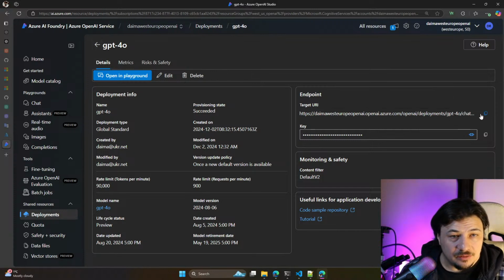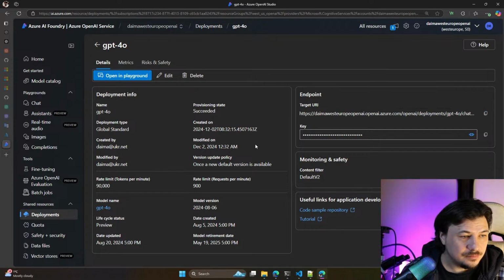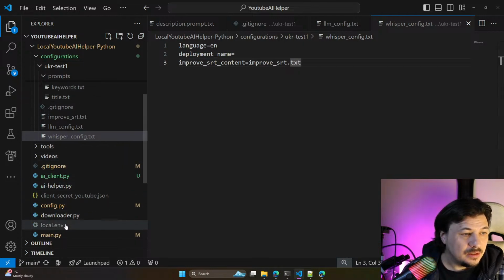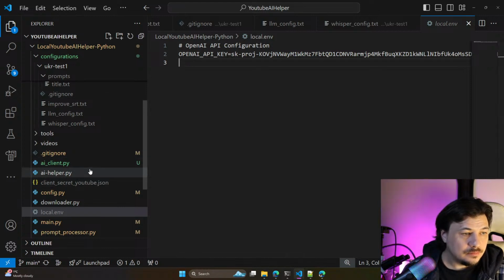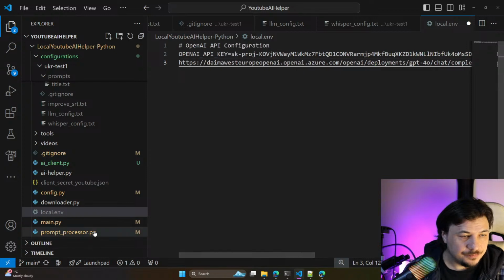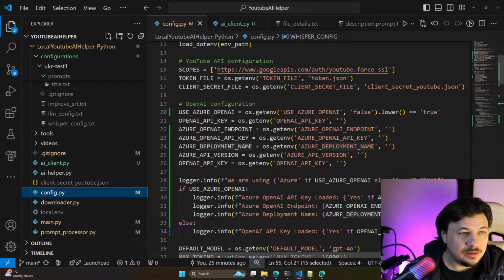Okay, and we have our endpoint. And let's go here in our local env and copy the endpoint, and let's go to config and refresh our knowledge.